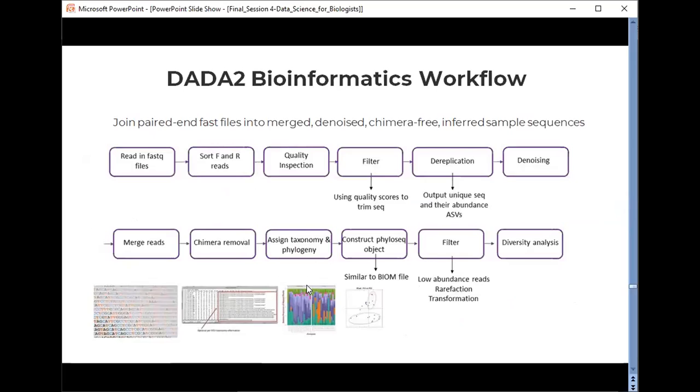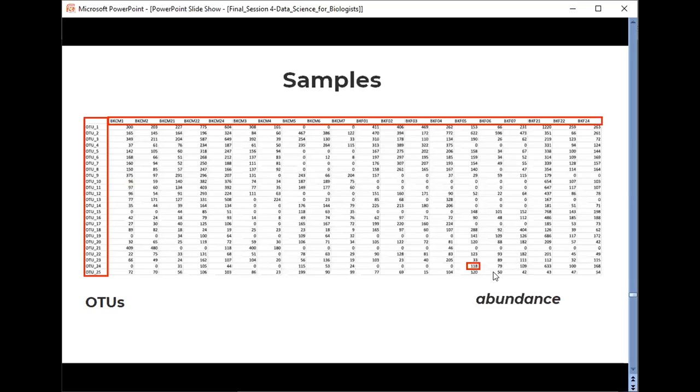These are the different steps that explain each and every step of the data pipeline. First we do the reads, then the quality check, and then we merge them. Finally we assign taxonomy and generate a phylogenetic sequencing object, that is the abundance reads. Then we perform phyloseq analysis based on the abundance table. This is what I was talking about, what an abundance table is: the table that we obtain after running this data pipeline.